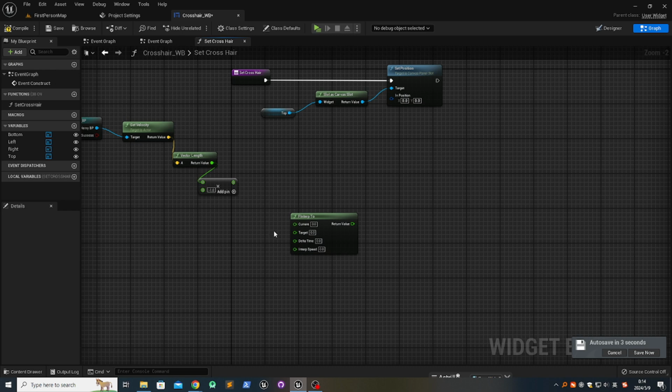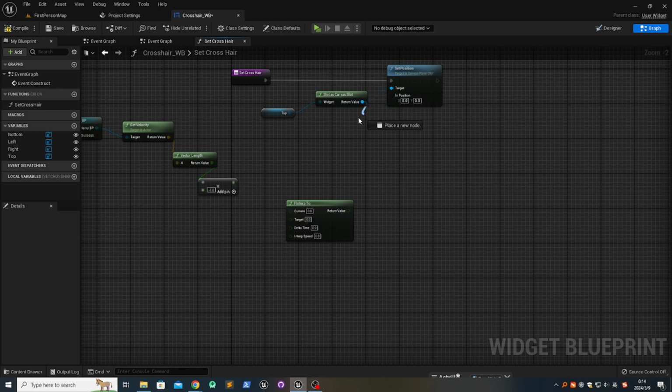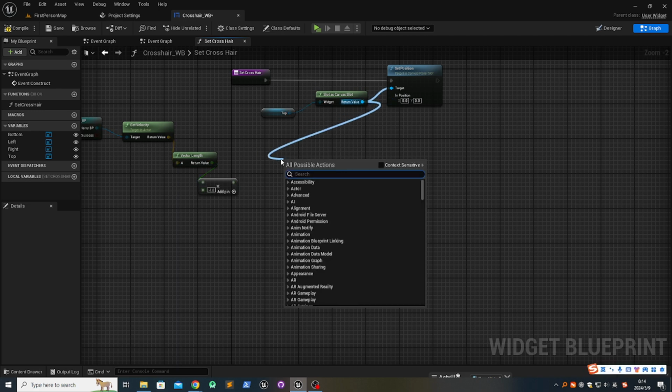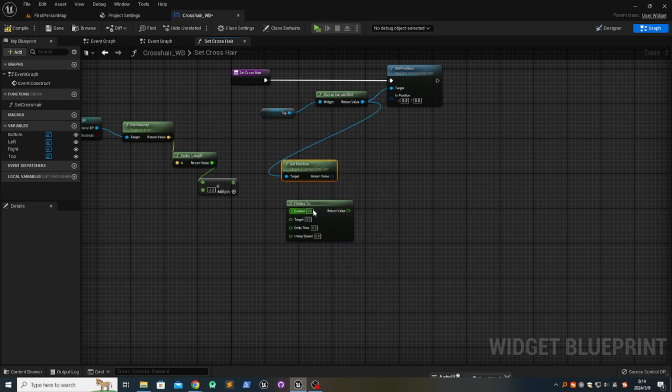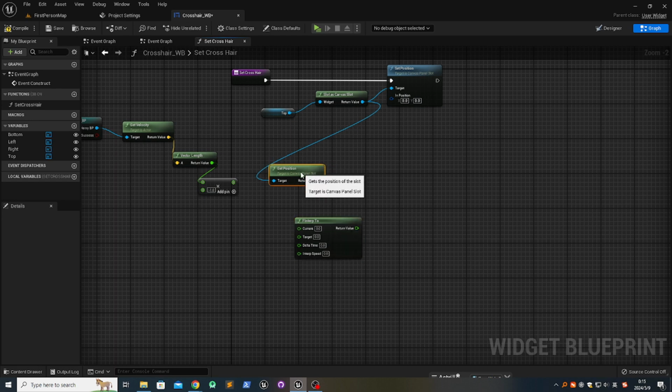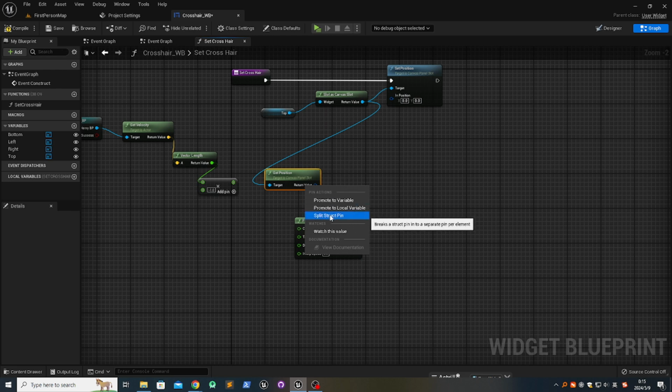So the current value should be our top slot position, and we can get position, and we right click the return value and split struct pin,